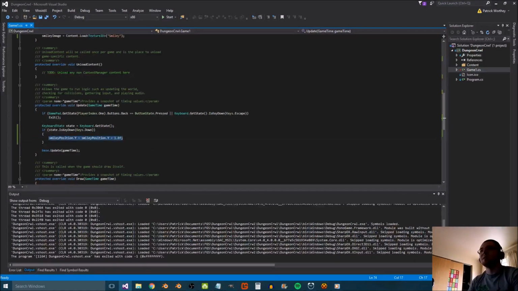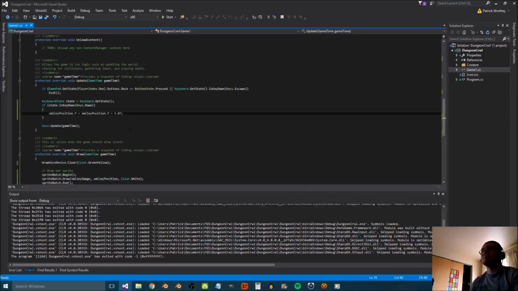Which means that this will happen either 60 times a second, 30 times a second. You get what I'm saying here, right? This is not the best code to write. So what we want to do is make it dependent on time. So the way we do it